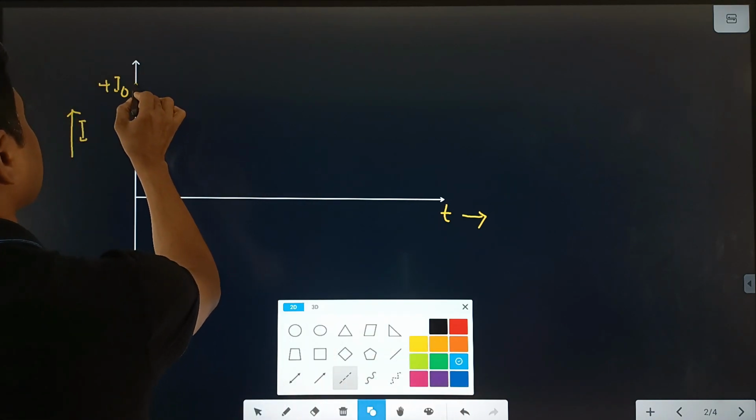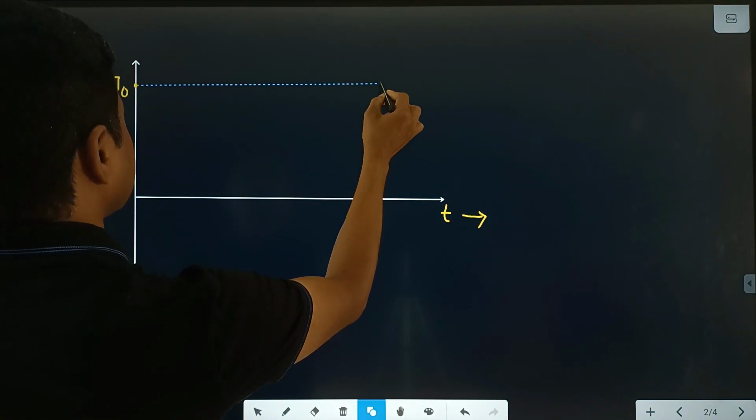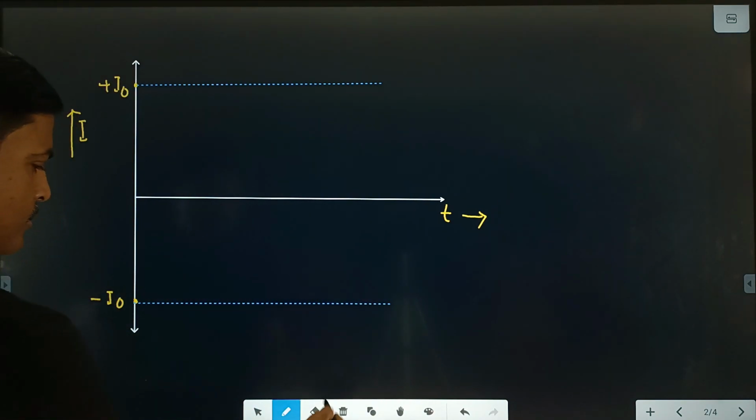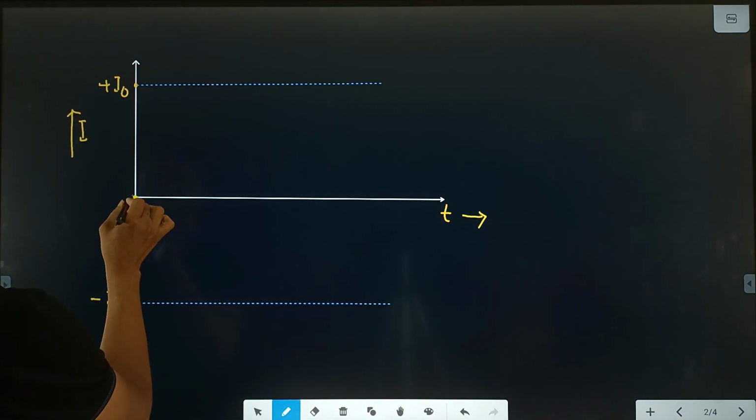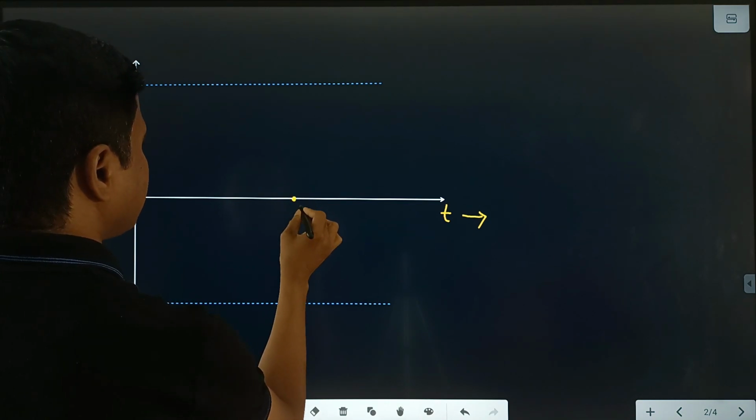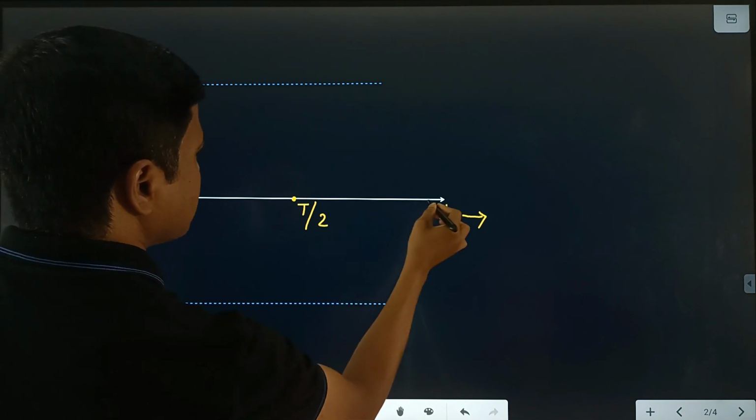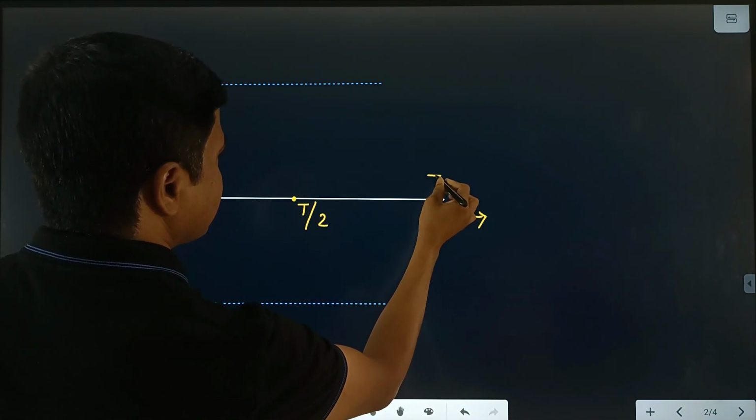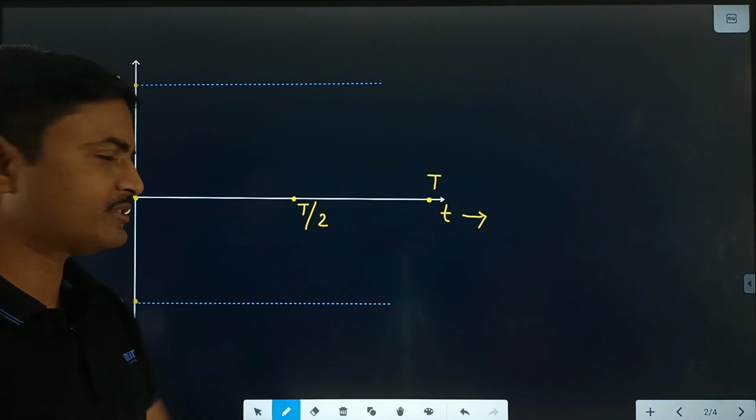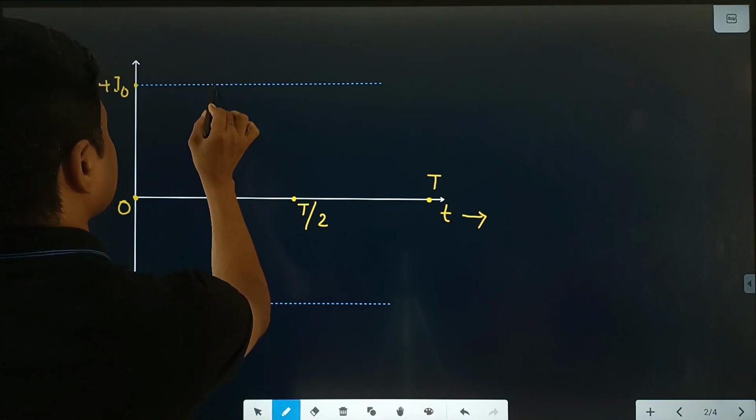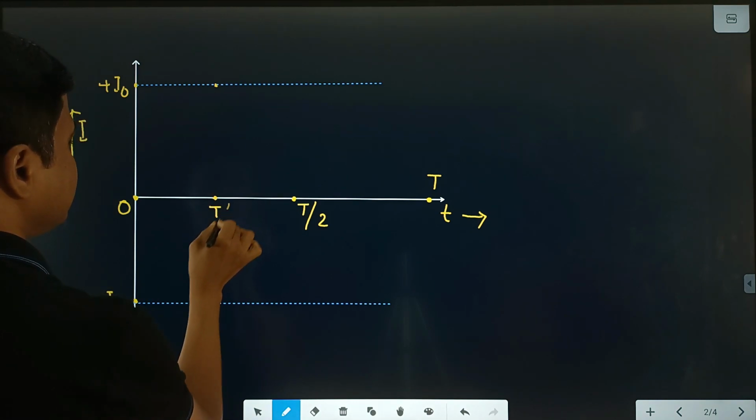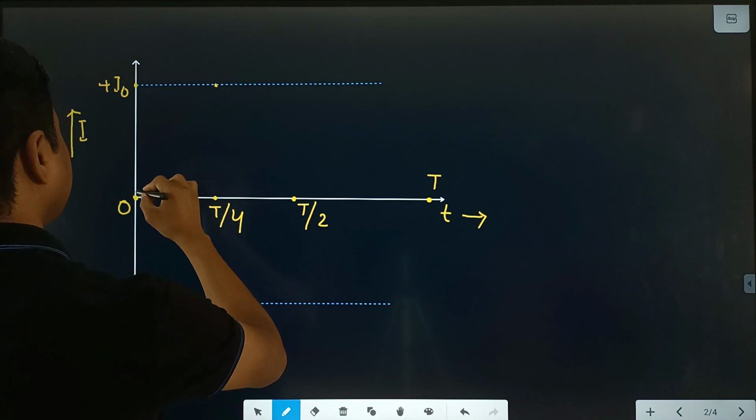And this line is for the maximum value, and this line is for the maximum value on the negative side. This is the initial point, 0, and suppose this is half of the time. Half of the time we write T by 2, and this point is the time period, we write capital T. Up to this is the full cycle. Up to this is the half cycle, and at this point, the maximum value, time is equal to T by 4, and you draw the graph,